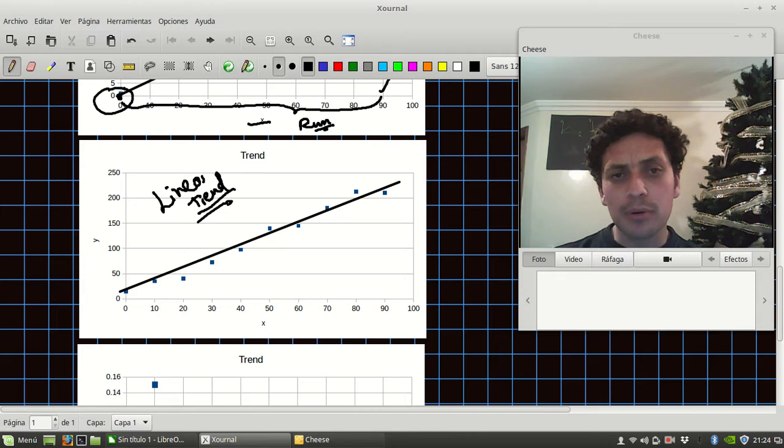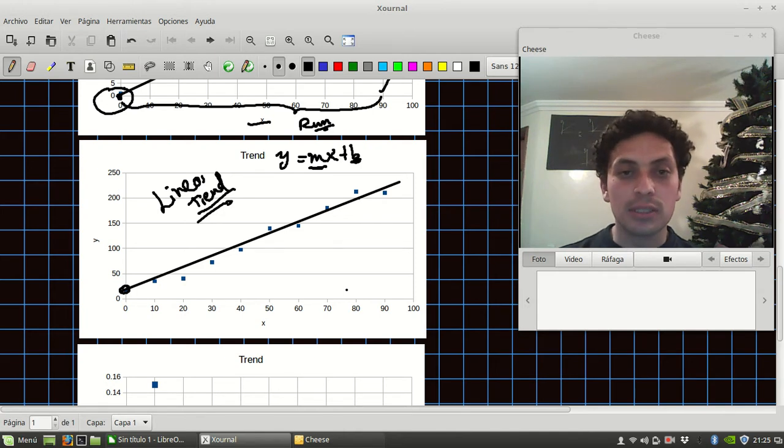So if you remember something of math, you can use the equation y equals mx plus b, and m is the slope, b is the intercept, so b will be this number here, that is kind of 25, and m will be the slope, that again is kind of the gradient,